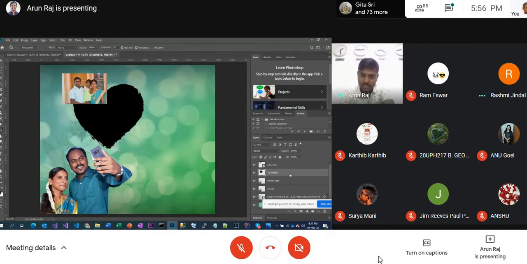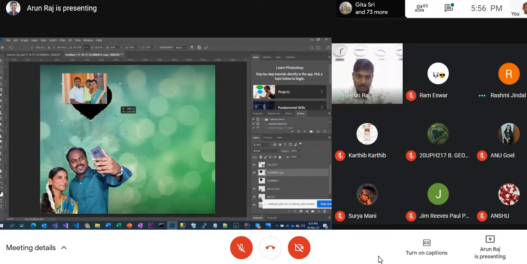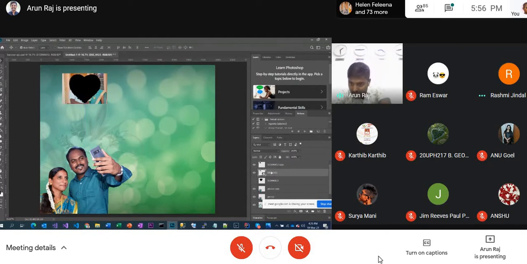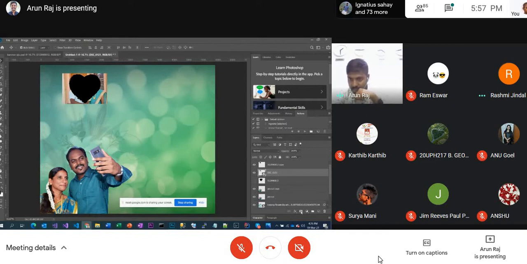Maybe I'll take a backup of this one, Control Z. I'll put this in the front in order to ensure that I'm covering the entire area. Okay, that's great. Now here I click the image. Okay, this is a very important, critical point, and then I click the mask. I click the mask. So now I have the mask here.